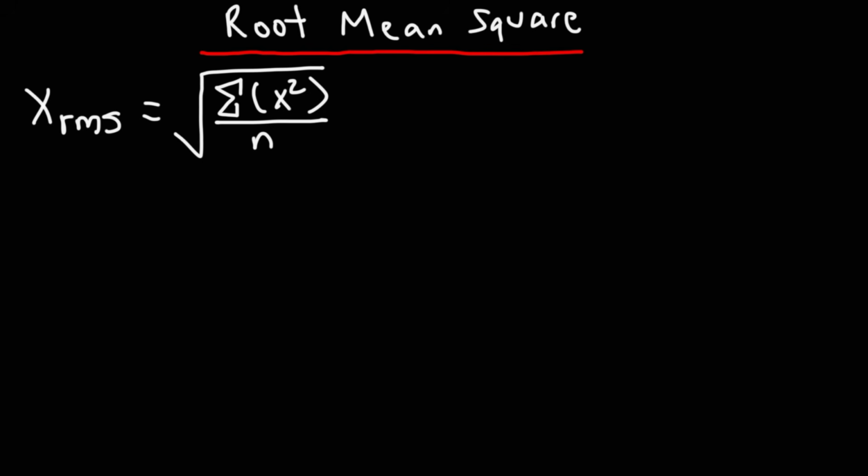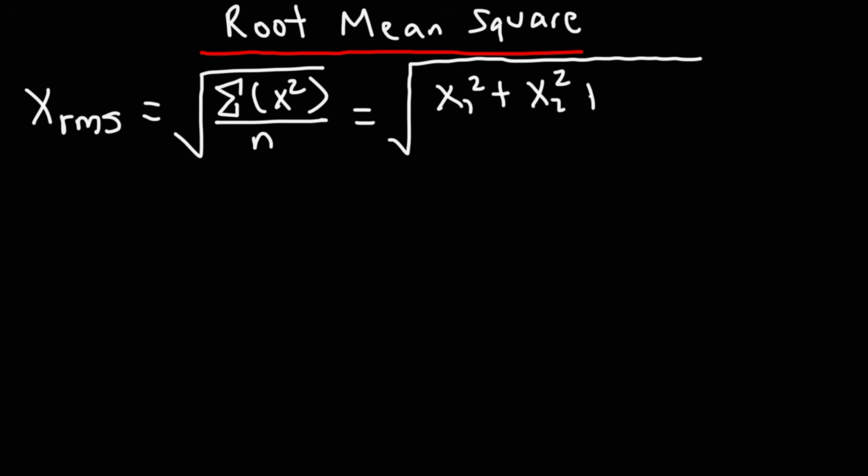So when you hear the word root, think of square root. When you think of square, think of x squared. So if we were to expand it, it will look like this. It's going to be x1 squared plus x2 squared plus x3 squared all the way to xn squared